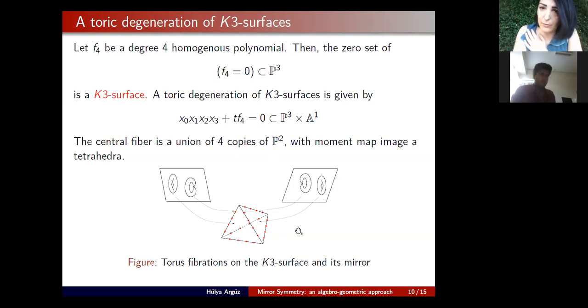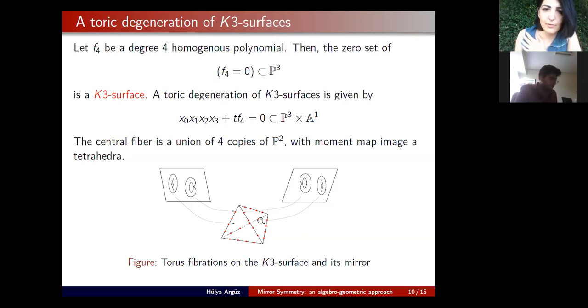And the question is, how do you understand what the discriminant locus is from the toric degeneration? We do that by endowing everything with sheaves and keeping track of where these sheaves behave well and where these sheaves don't behave well. And we call this log structures. So we do log geometry to understand, if you're given a family, a degeneration of Calabi-Yau varieties, on the base where we can label the codimension 2 discriminant locus.